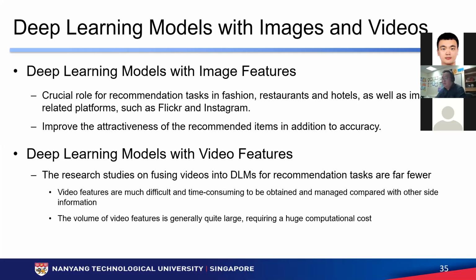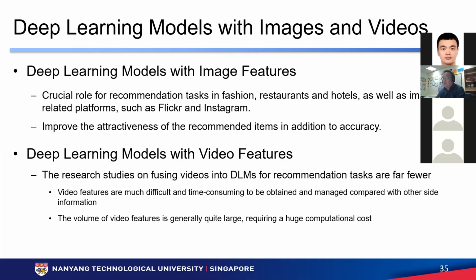And for the video feature, this is the area where we don't have many papers in this direction. I think there's maybe two reasons. One is that the video features are very difficult and time-consuming to obtain. And another reason could be that the videos contain too much sensitive information. We found out that not much public data actually has videos. And also the volume of the video features is generally very large, so it will require huge computational power. So this could be a possible reason why the deep learning models with the video features are quite lacking these days. But with the popularity of short videos like TikTok and so on,